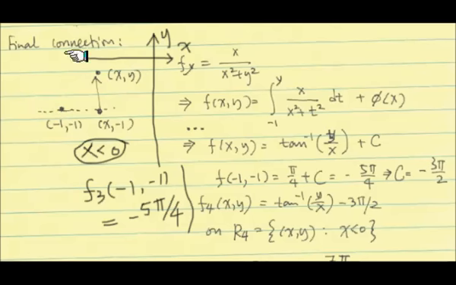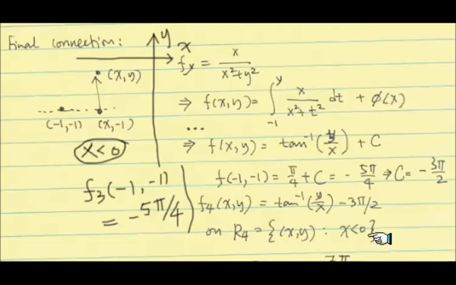This whole thing, the vertical function we're calculating, must meet that condition to continuously extend. So the f4 we're looking for must be in this shape right here. With this condition, negative 5 pi over 4 is equal to the negative 5 pi over 4 when we plug in this negative 1 and negative 1. So that makes this constant right there. So that has to be the case. We don't have any choice because of that condition. So f4 that we're going across here must be in that form